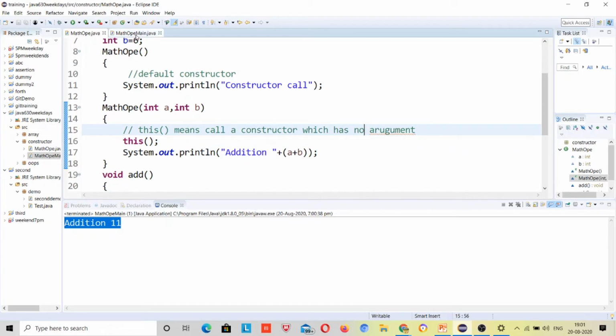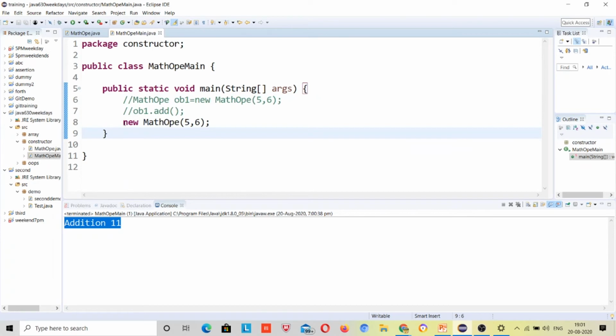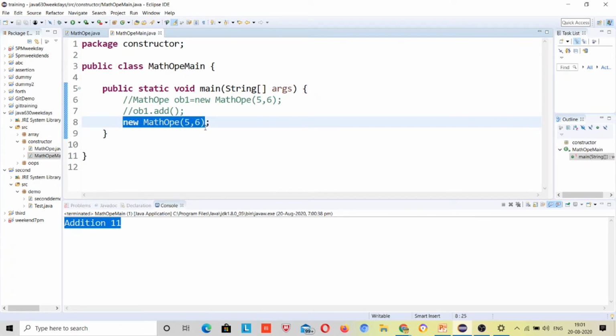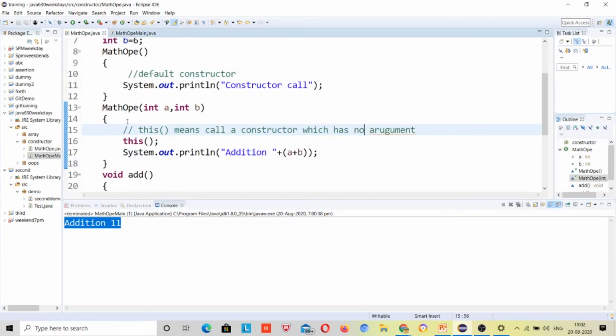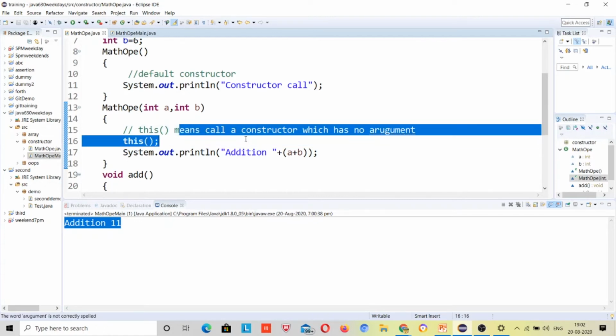So first I will apply this code. And what this code says is call a parameterized constructor which has two integer params. So it came inside this constructor, two integer params, right? Now it sees the this keyword, which says call a constructor which has no argument, so directly it went to the default constructor.